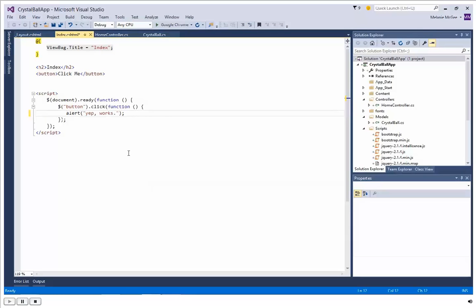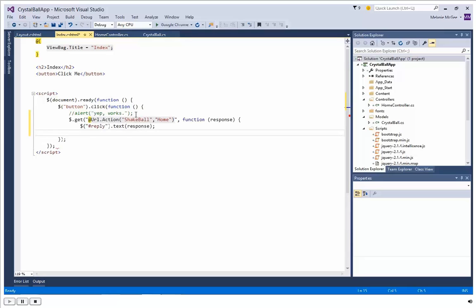So I'm back in Visual Studio, and I'm going to comment out the alert box. And then I'm going to add something here. This is an AJAX call right here, $.get. That's a GET request AJAX call. And inside that, I put some parameters. The first parameter is the URL we need to get to. So because we're using MVC and C#, and we'd rather just have C# figure out where in the world this method is. It's not really a page, it's just a method that we're going to put in our controller. I'm going to use this at Razor syntax